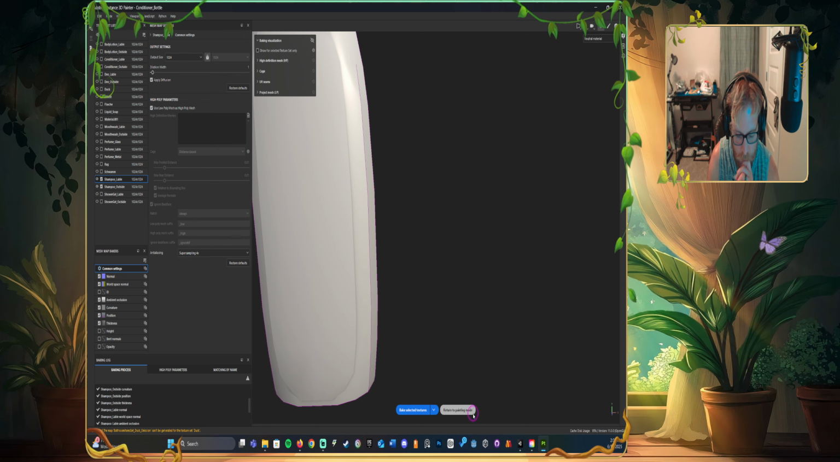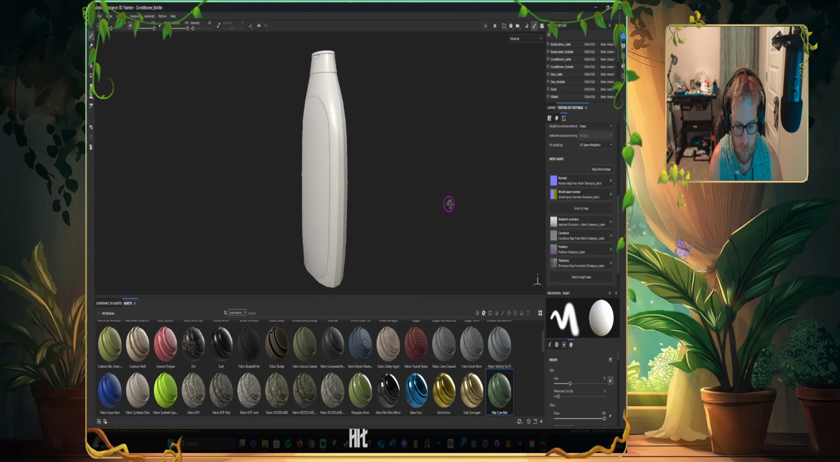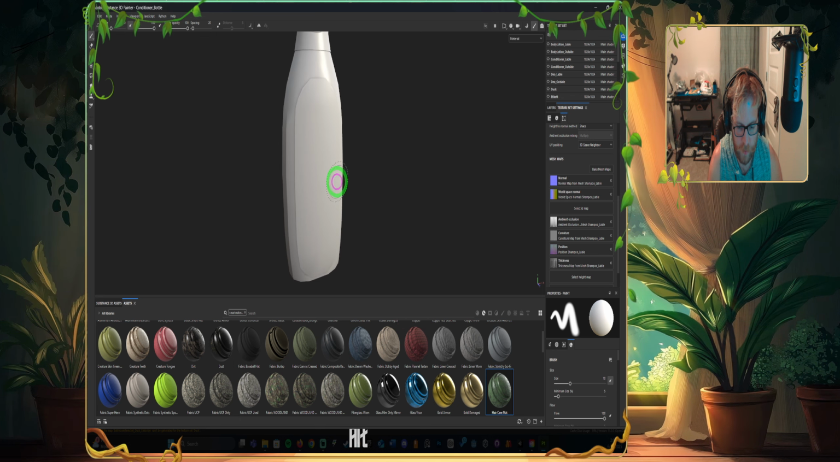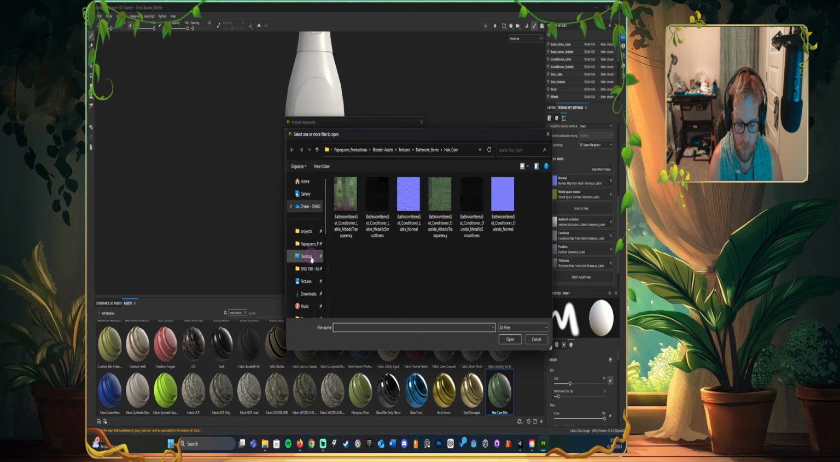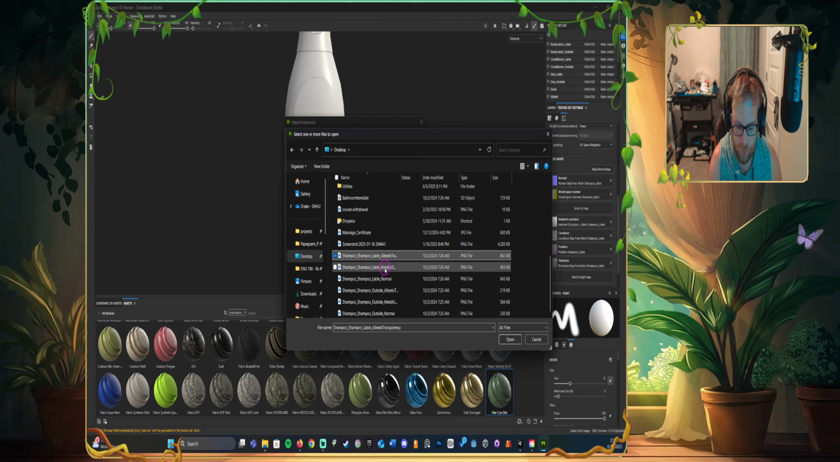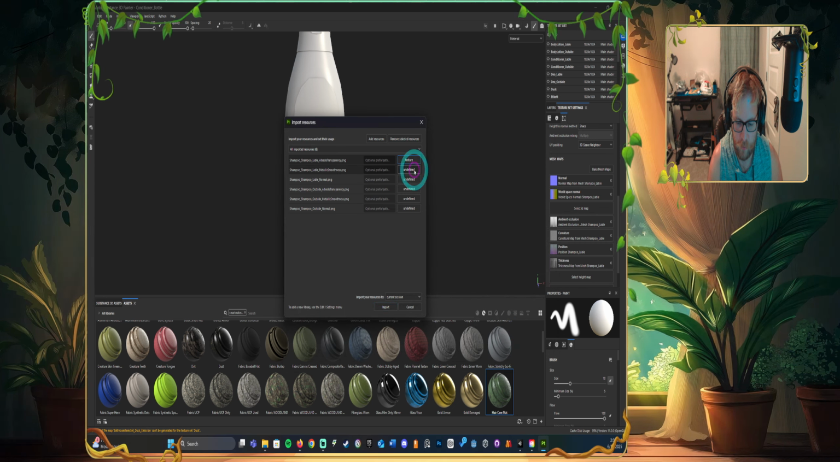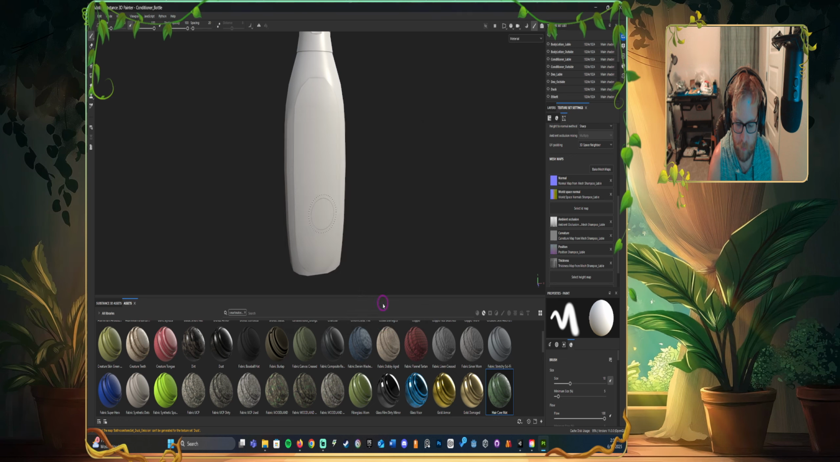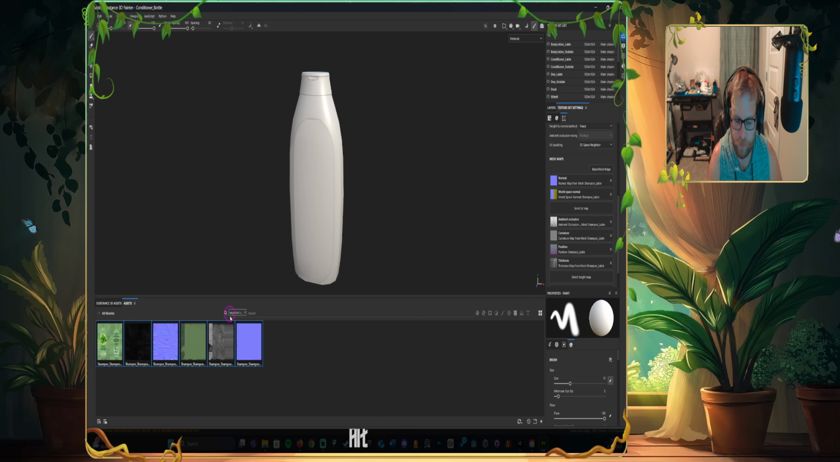Okay. Return to painting. All right. Same thing. Import your resources. All right here, shampoo. All shampoos. Texture. Whoops. Texture. All right, import those. And then